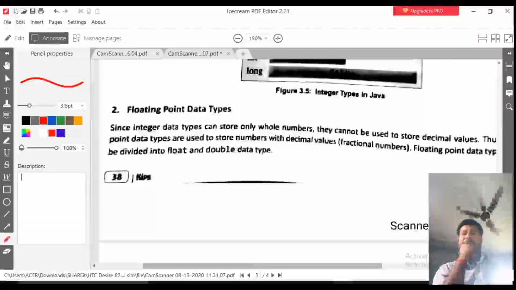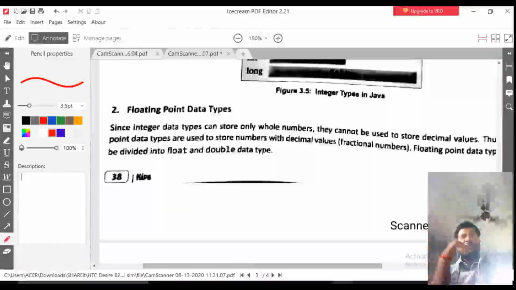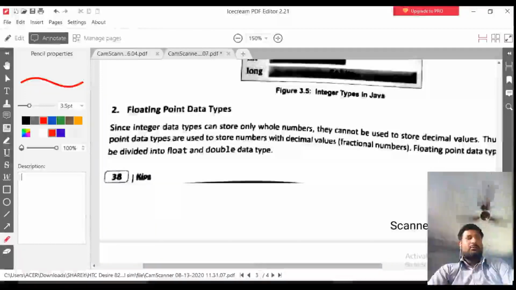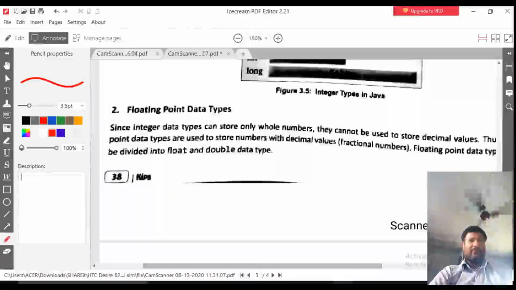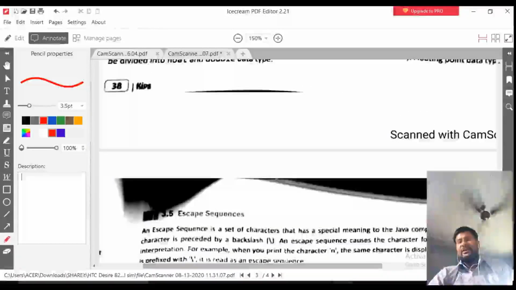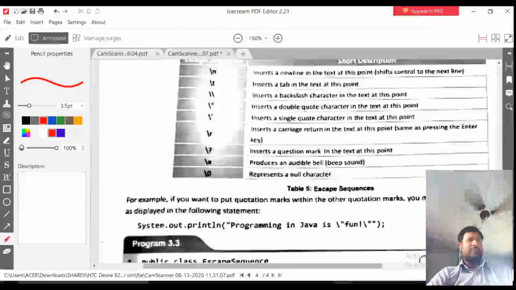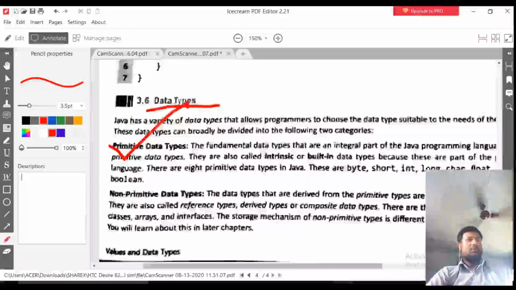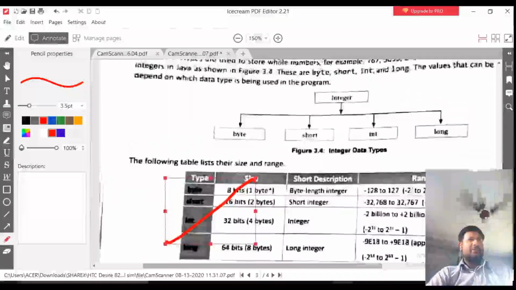How? If I give you a number 33.3 and another number 33.333, and someone asks you which number is more accurate, you will say the second one, 33.333, because it has more digits. One thing I explained in the videos is that if you divide any number, it automatically goes into double, and I promised you that I will show you in an example. So do not worry, the time came. I will explain each and everything with examples. So floating point is completed.